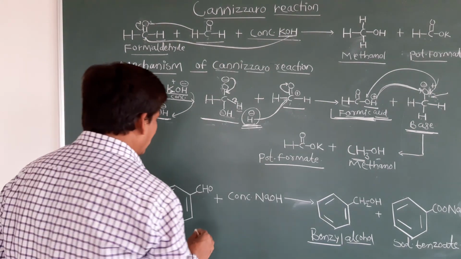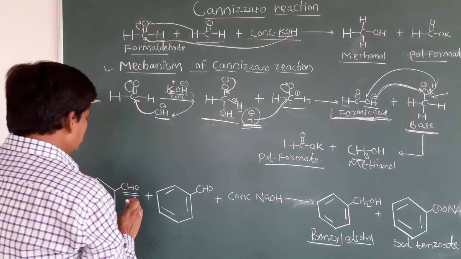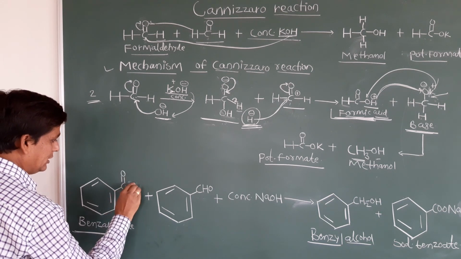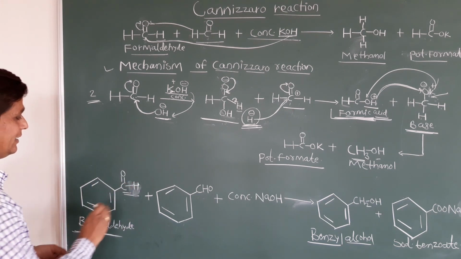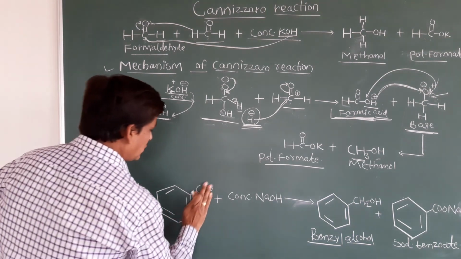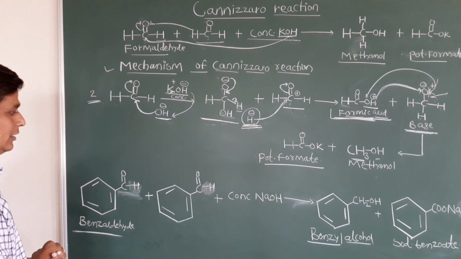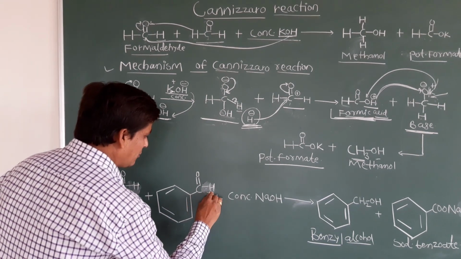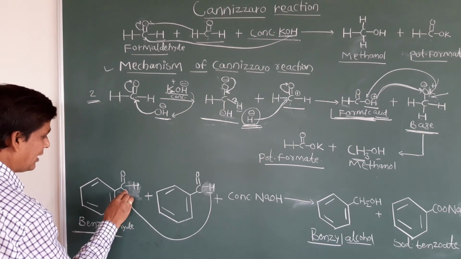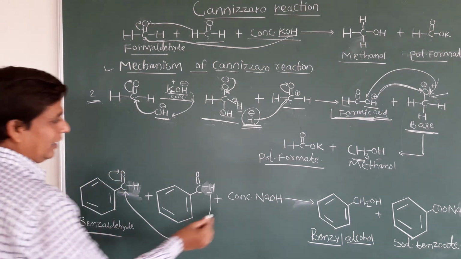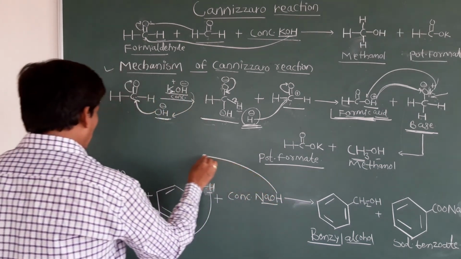Both will react together. So what happens now, students? I am just simplifying here. Add C double bond O H. Then you can easily understand. So here also I am writing like this. Add C double bond O H. Now what happened? From this second molecule of benzaldehyde, one hydrogen will attach here. Then this double bond will shift. It carries the minus charge. And from this NaOH, hydrogen is attached.